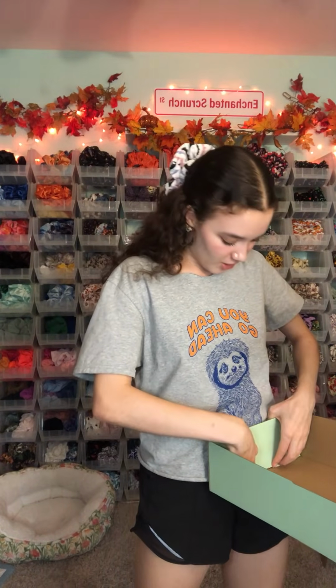Do I sell bonnets as well? I don't currently sell our bonnets separately. However, if you're wanting a bonnet separately, just send me an email and I'm happy to send over an invoice just for the bonnets. I'm still working on adding all of the curl box products separately, but it is going to take me a hot second. But the bonnet is included in the curl box. So all your curl boxes